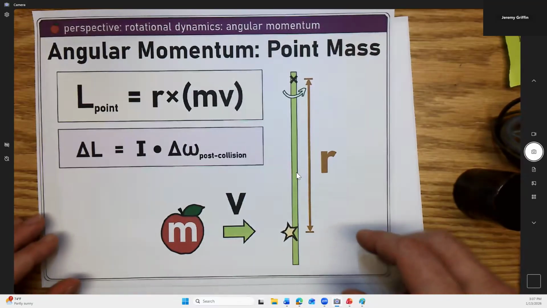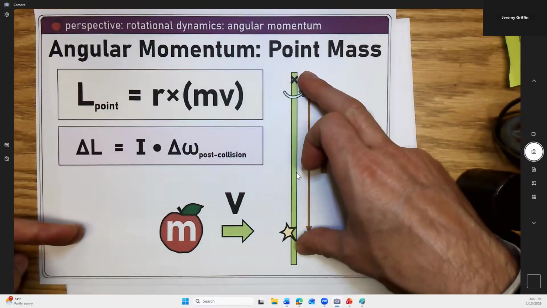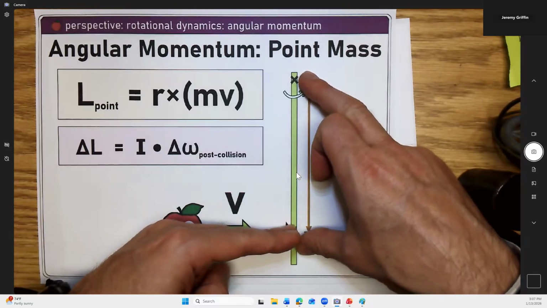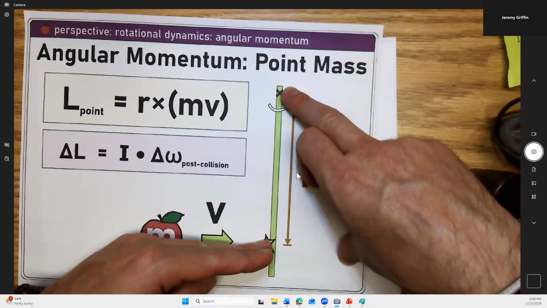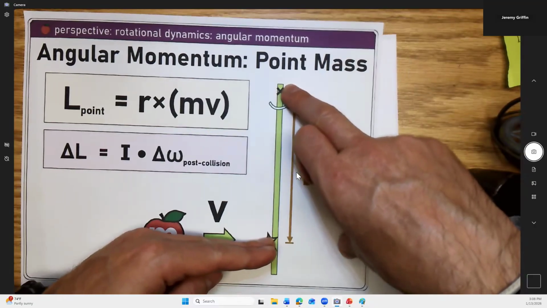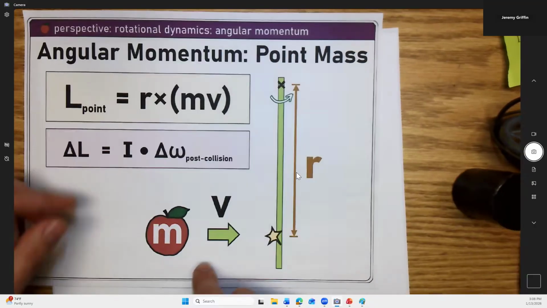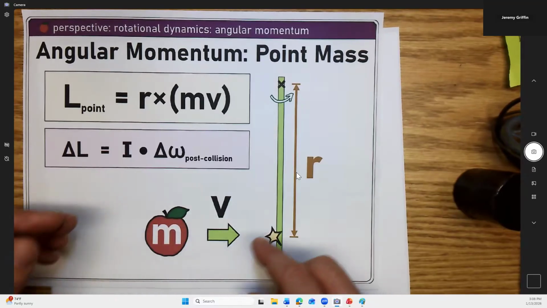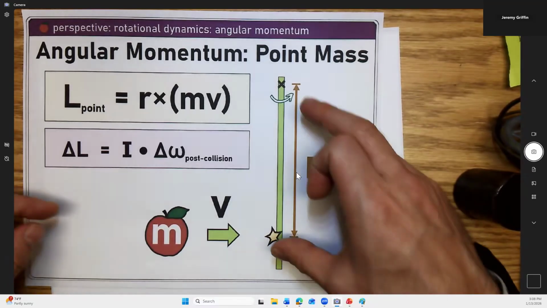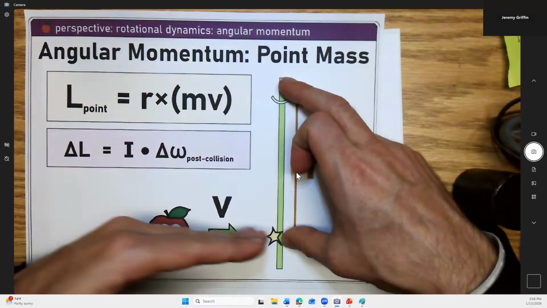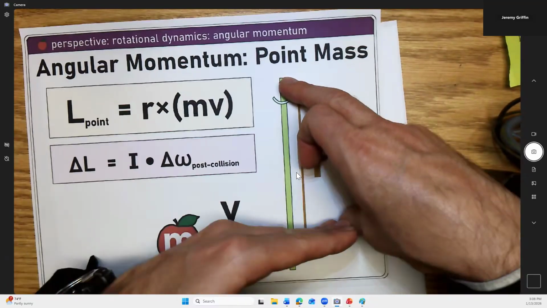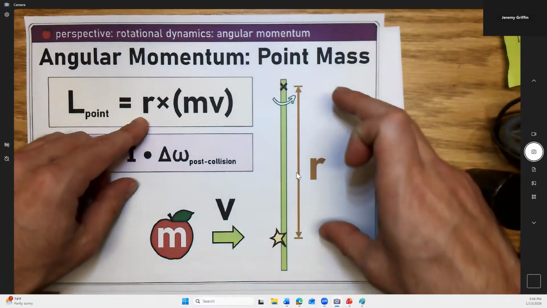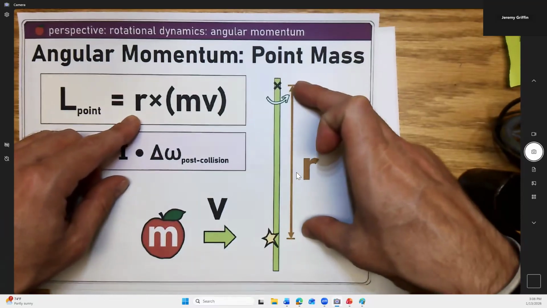This one's kind of fun too. What if you have the swivel stick and you throw a blob of clay at it? That glides here and it gets the whole thing spinning. How fast does this end up spinning? One part of the process is that this point mass of clay that's moving in a straight line actually has angular momentum, which is kind of a weird concept. When it collides, say, at 90 degrees, it provides a torque. So you can take a cross product of where it landed,